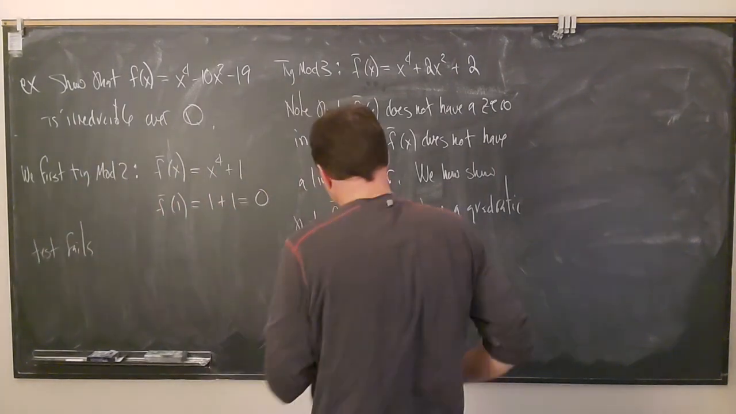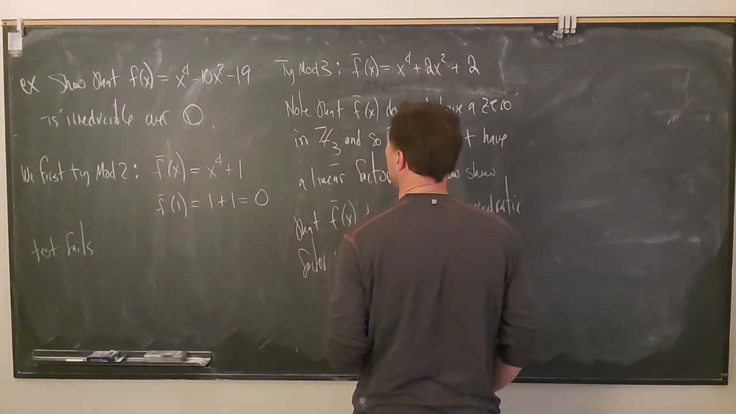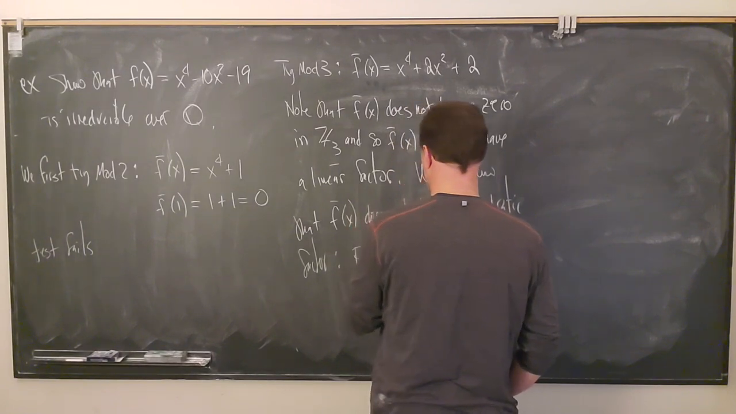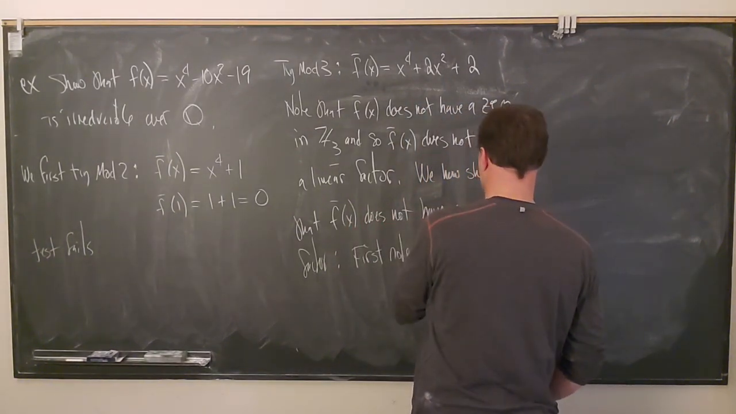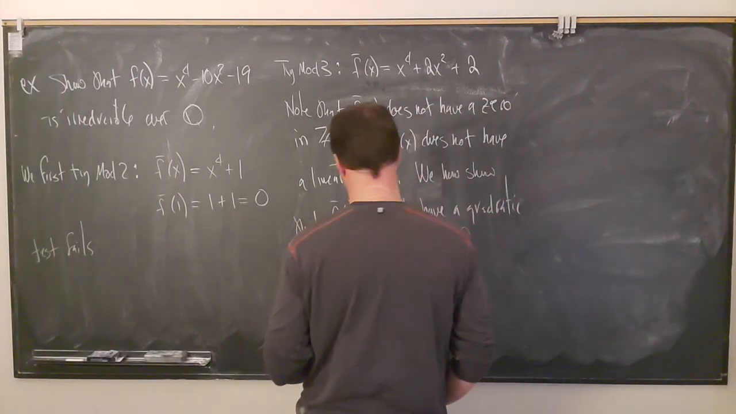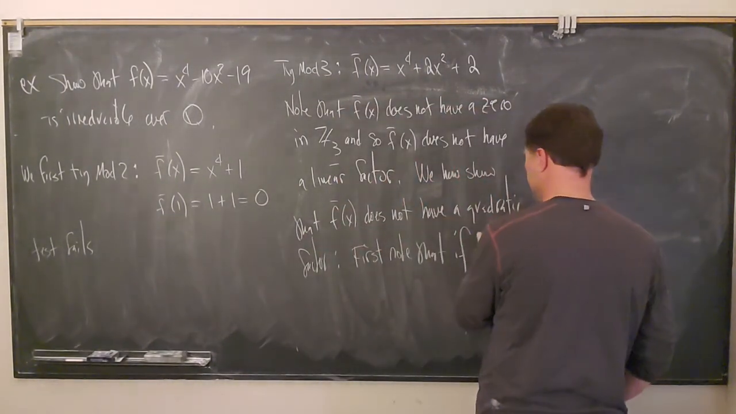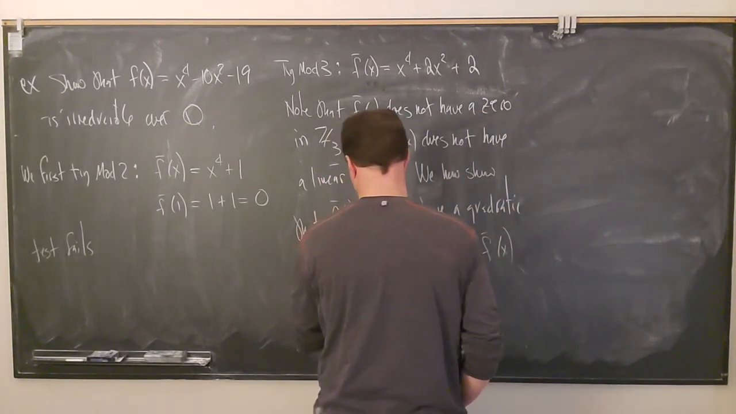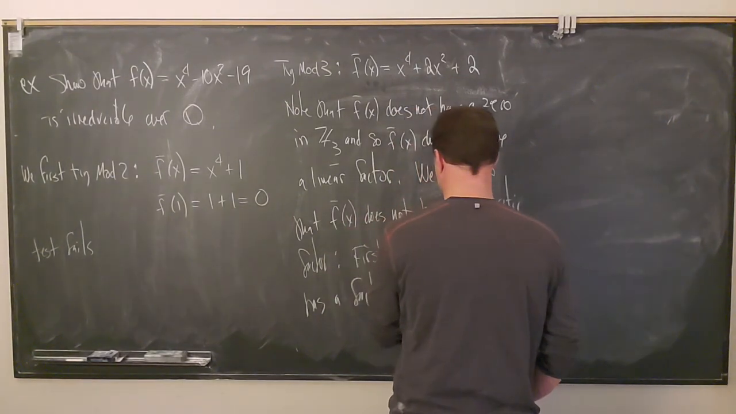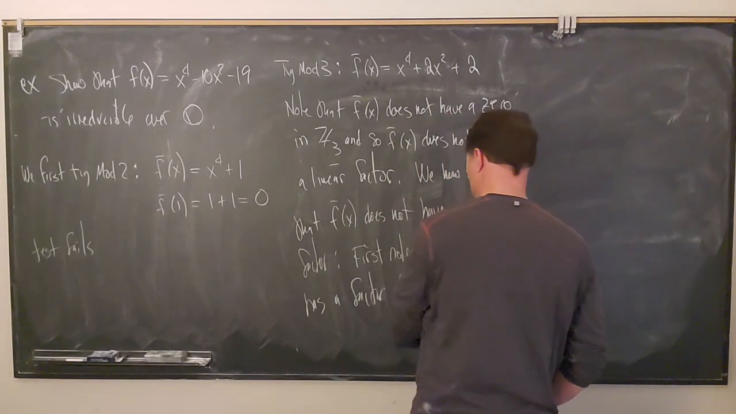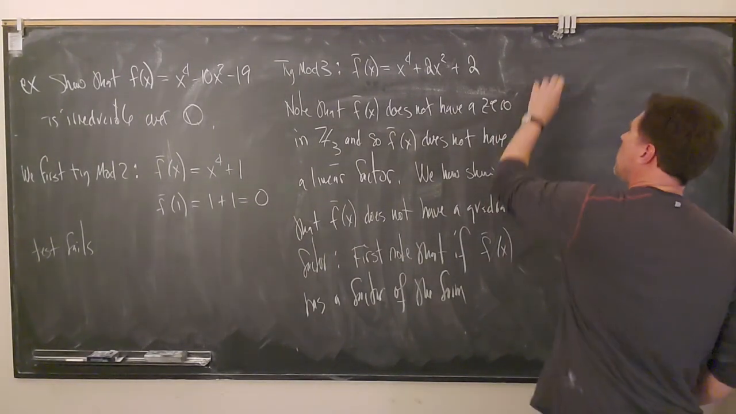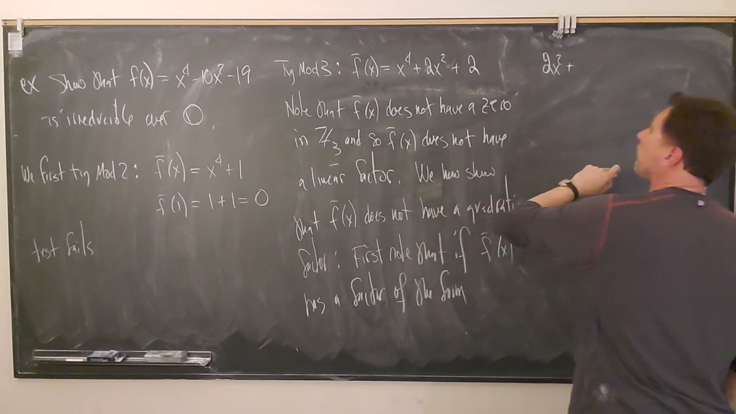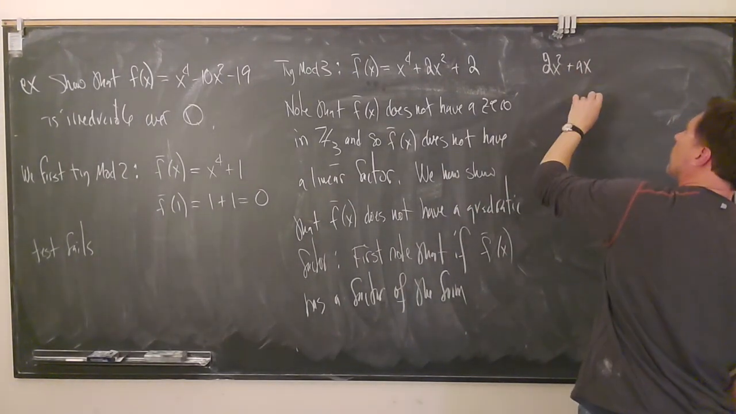Yeah, okay. So we want to simplify things a little bit, or simplify the question. So let's say it like this. First, note that if f bar of x has a factor of the form 2x squared plus, say, ax